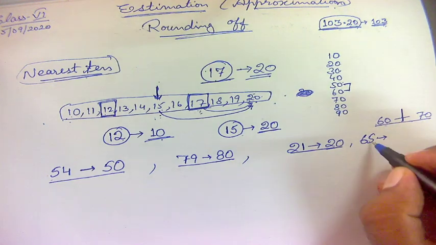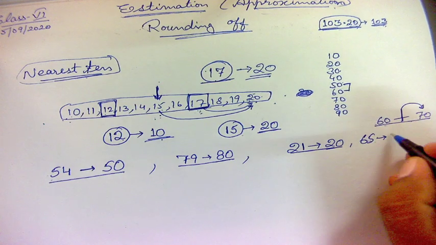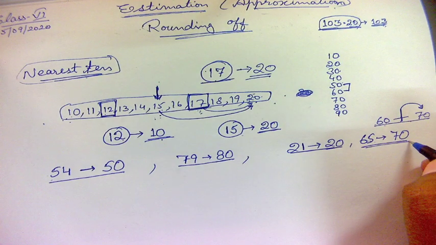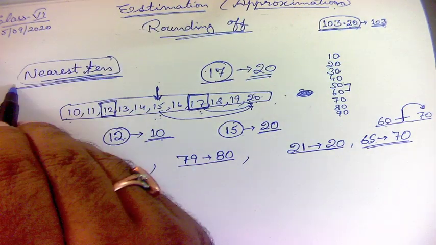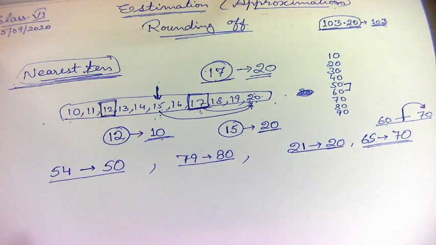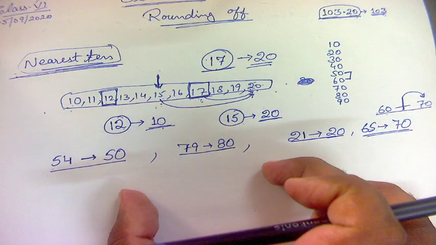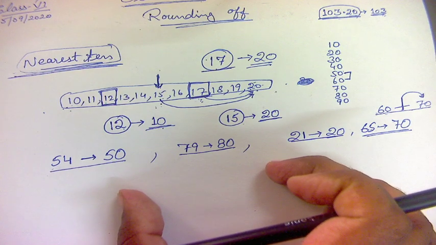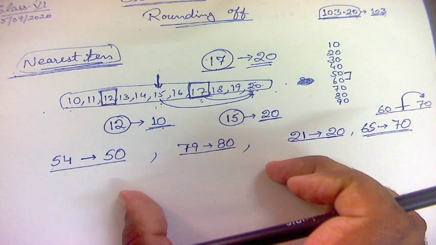Then what you will do, you will round off 60 to the next value, that is it will become 70. So this is how we round off to nearest 10. इस तरह से हम nearest 10 की तरफ round off करते हैं. क्या करेंगे, nearest 10 के लिए जो वैल्यू दी है उसको चेक करेंगे कि वो किसकी तरफ जाती है, किसके पास में है. It is to whichever the value it is nearer, we will round it off towards that value.